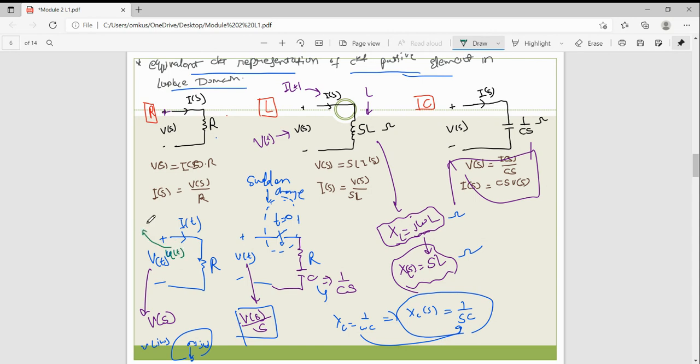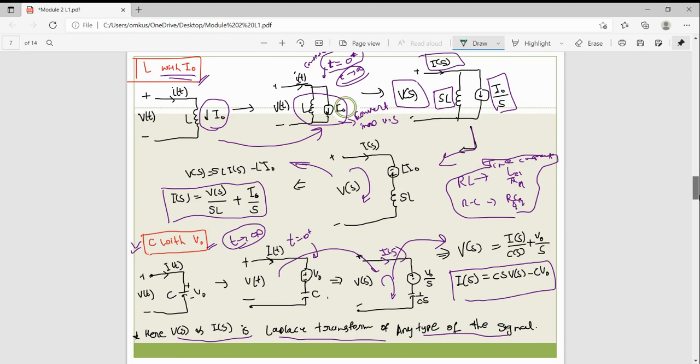सो इन दैट केस यू हैव टू यूज v of s by s, राइट? बिकॉज यहाँ पे आपको स्विच के फॉर्म में नहीं दिया, बट यहाँ पे आपको u of t के स्टेप फंक्शन के फॉर्म में दे दिया. सो इन दैट केस यू हैव टू यूज दिस. आई होप you understand. You will better understand when we see the problem, okay?